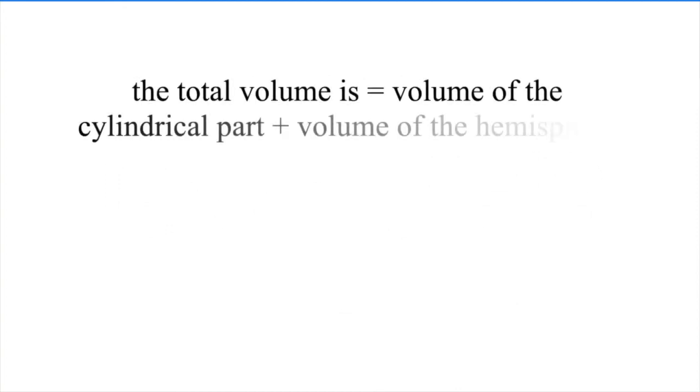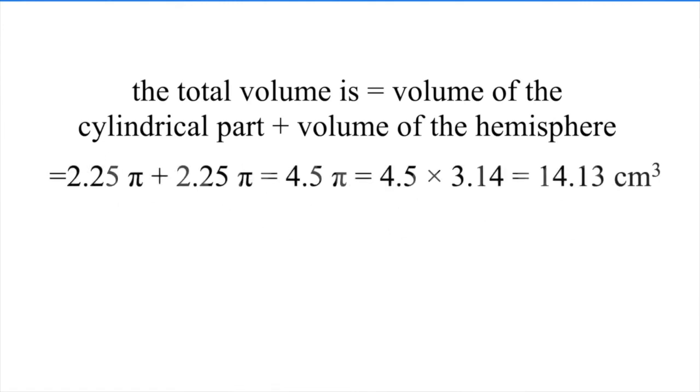So, the total volume is the volume of the cylindrical part plus the volume of the hemisphere = 2.25 pi plus 2.25 pi = 4.5 pi = 4.5 into 3.14 = 14.13